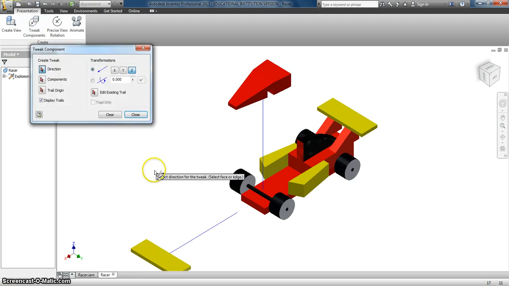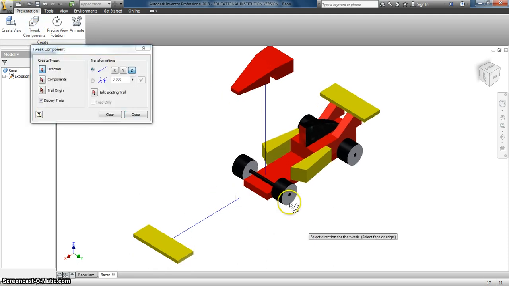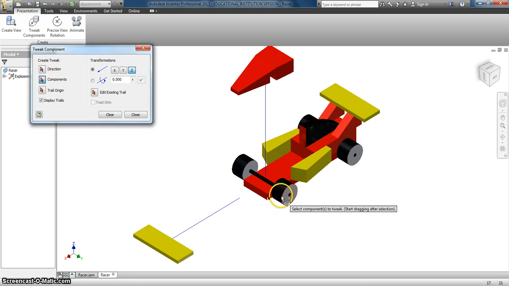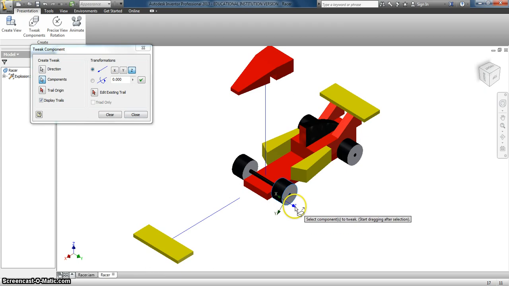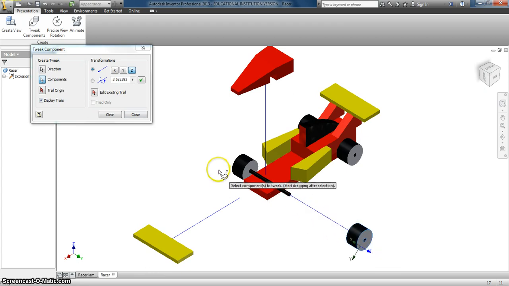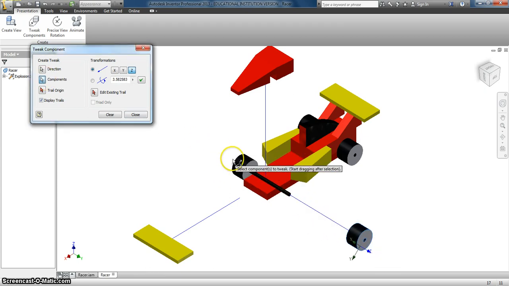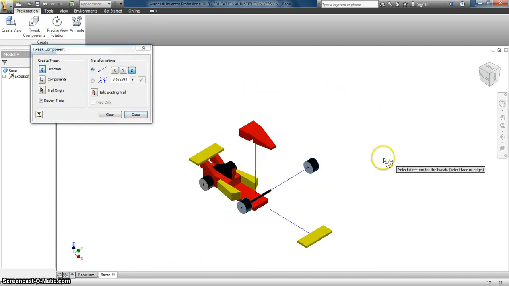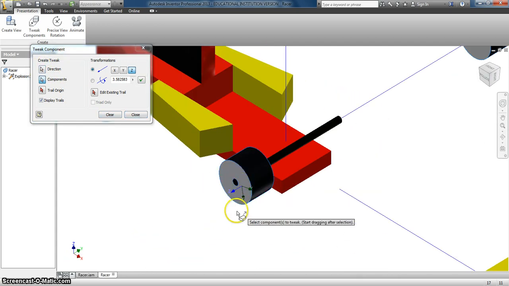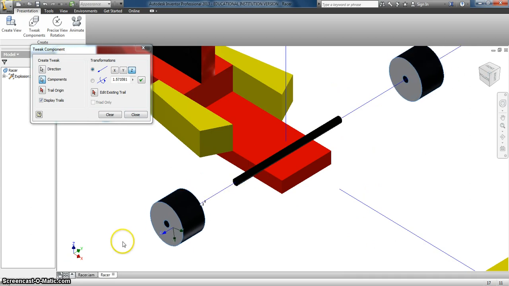I'm going to tweak components again, and now I'm going to disassemble my wheels. So I'll go component, my wheel, direction. It's going to be here. I want it to come out the Z, so then I can just go ahead and pull it out. Once again, components here, direction. Now I can kind of move this guy around, and I want it to be here, and there's my Z, so I'm just going to pull him